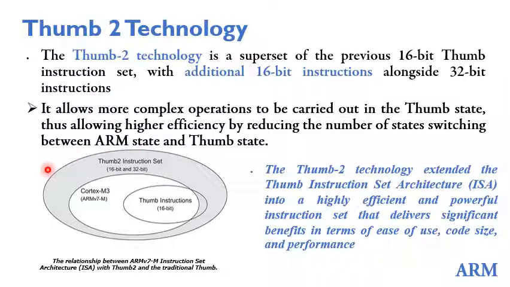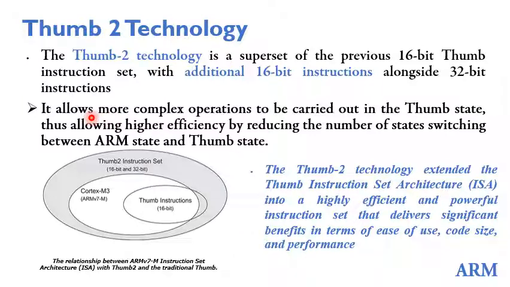So as you can see in the figure, the Thumb-2 instruction set comprises 16-bit thumb instructions as well as 32-bit ARM instructions. So it can be shown as a superset of the Cortex-M3 ARM instructions as well as the 16-bit thumb instructions. With this Thumb-2 technology,